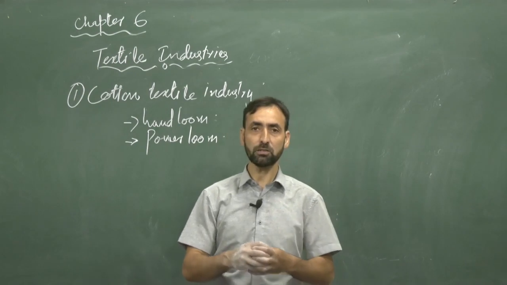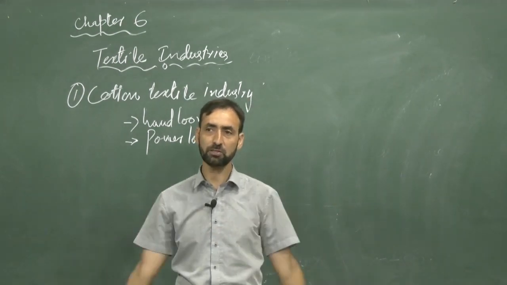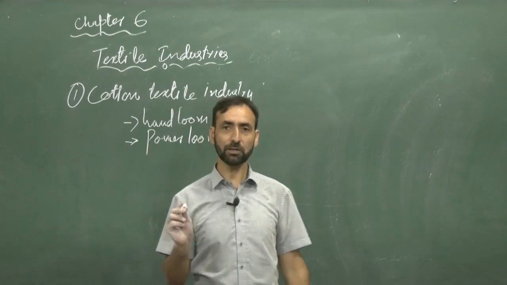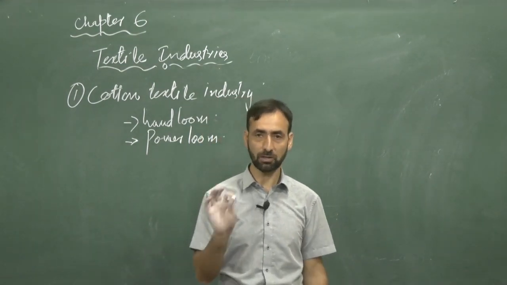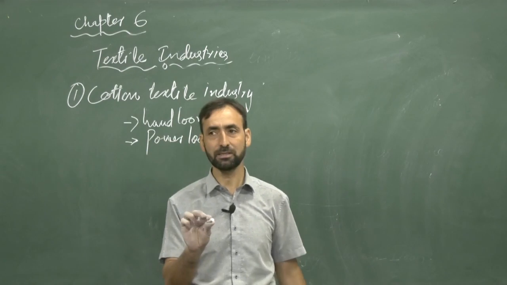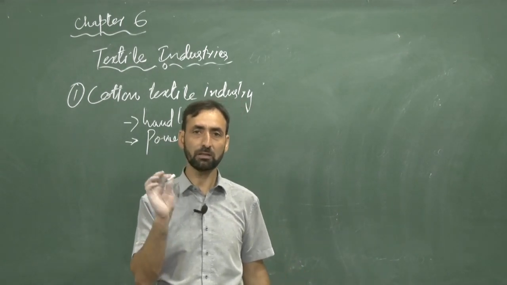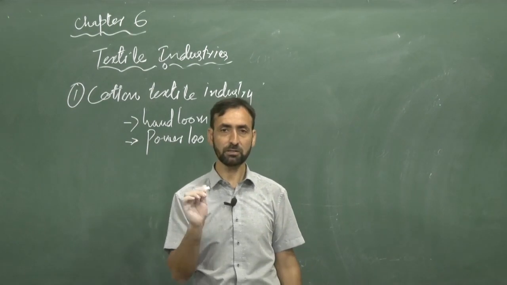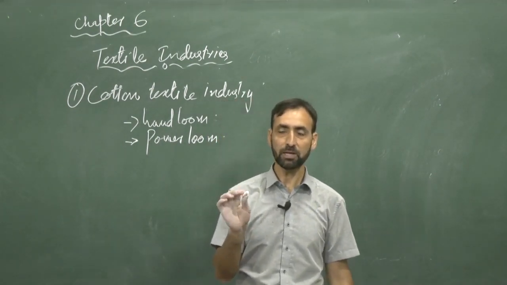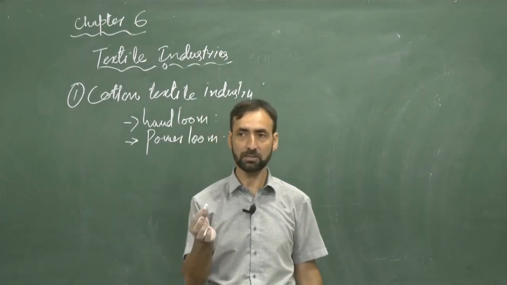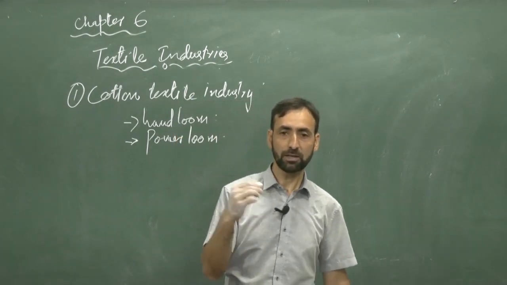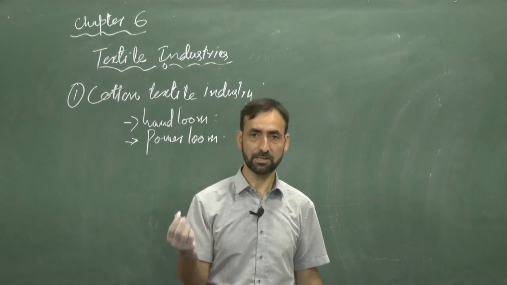In this way, cotton has to go through different processes in which it will become cotton cloth. First is ginning. Ginning means taking cotton from the cotton balls. Second process is spinning, to make thread from this cotton. Third is weaving. We will make cotton cloth from this yarn. Then it will go to another industry, that is dyeing and designing.